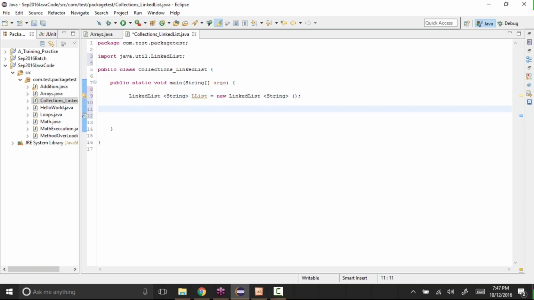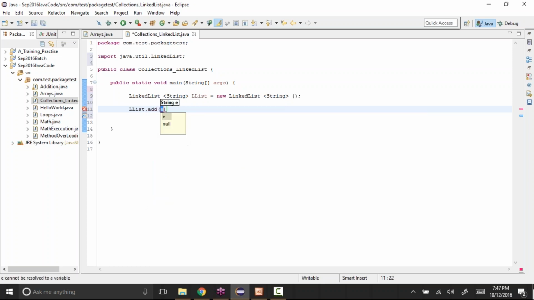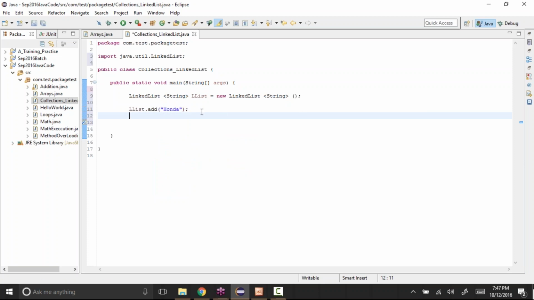See, now list dot add. Same thing, the methods that we had in the array list are also available in the linked list. See, add, let's say, same thing, let's say Honda. Okay, so instead of a list, I'll just say cars or car, so that it's meaningful.